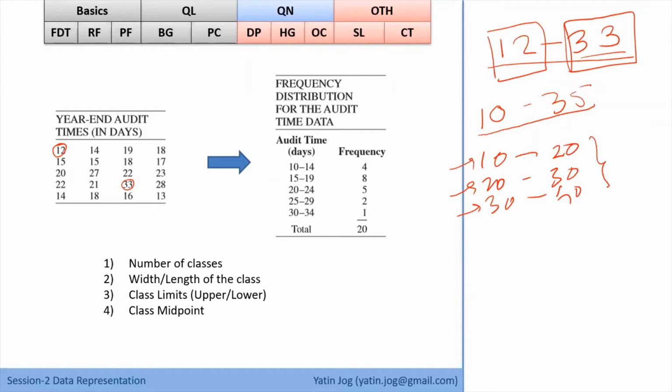So we have to decide how many class intervals to go for and what the standard width should be, and we can decide that based on the frequency we get for each class interval. If I go ahead with only 3 class intervals, then 10 to 20 will roughly have 12 objects, because this is 4 and 8 for 10 to 19. Then 20 to 30 is roughly 5 plus 2, which is 7, and then 30 to 40 will be 1. So you can see that out of 20 observations, more than 50% are in one class interval itself. That means we have to divide our class intervals into smaller chunks.